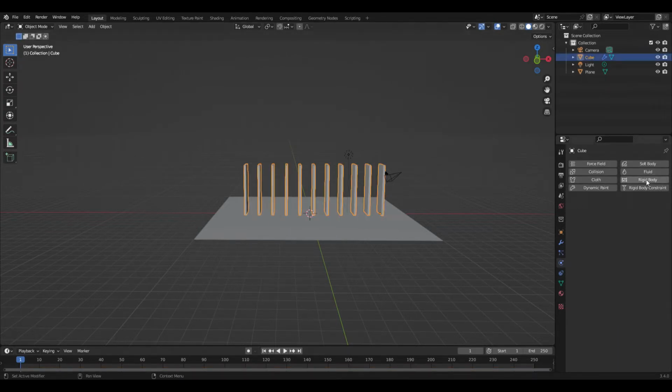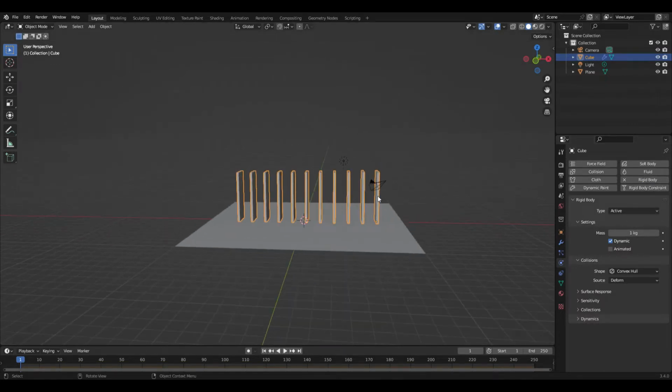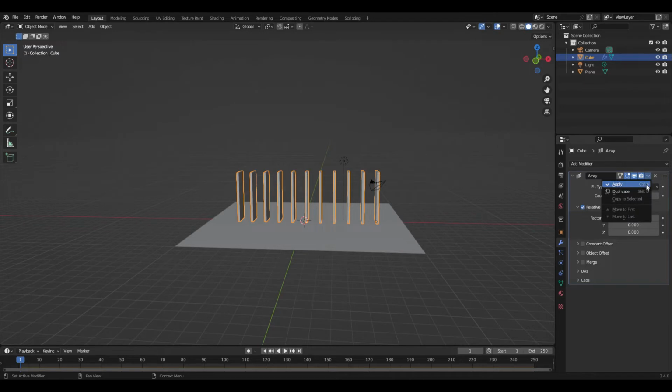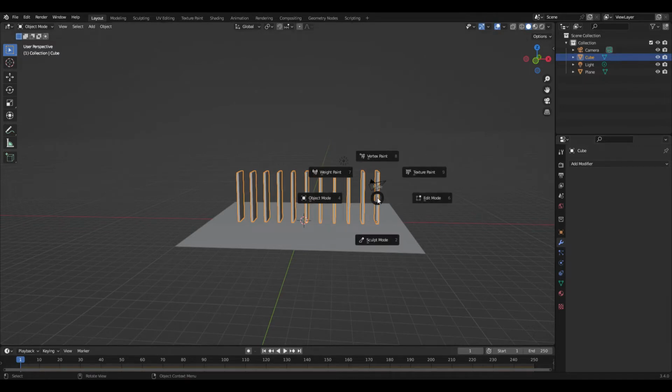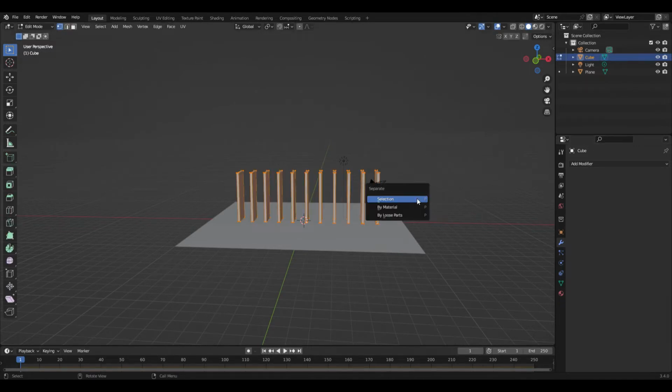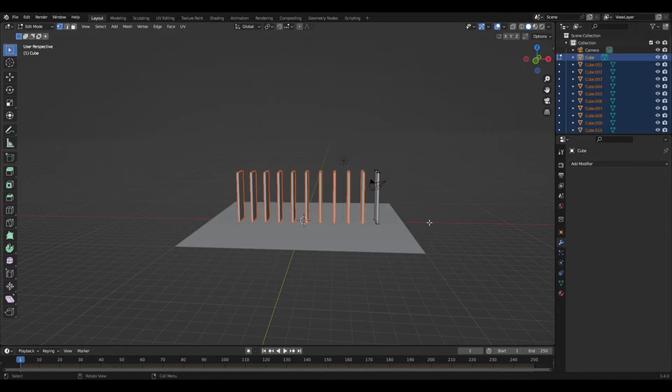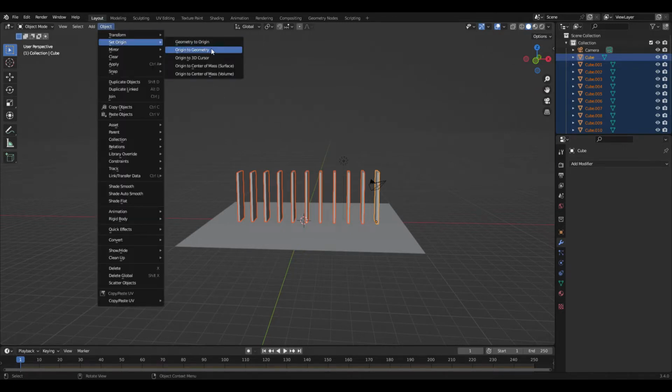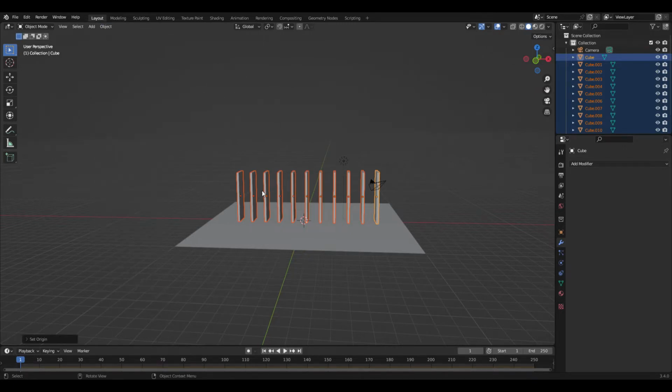So first I'm taking the plane and making it a rigid body that's passive, and then the dominoes, I'm making it a rigid body that's active, and then I'm applying that array modifier and going into edit mode and separating all the loose parts. So then each object is its own thing, and then I change the origin to geometry for all of them,